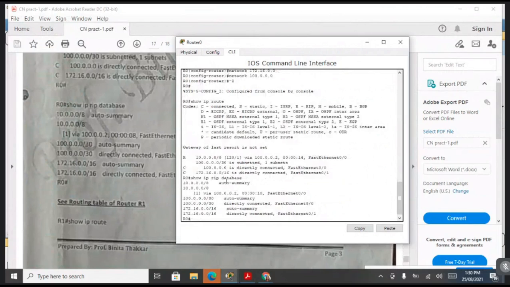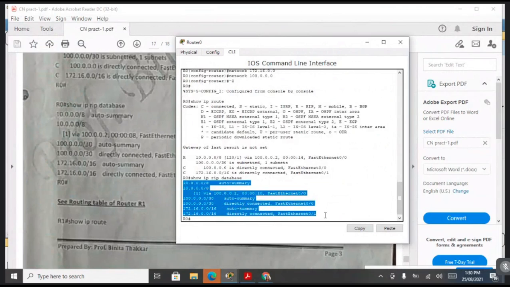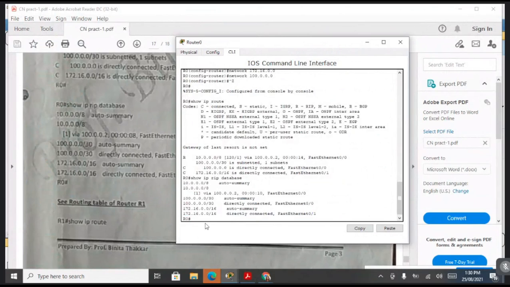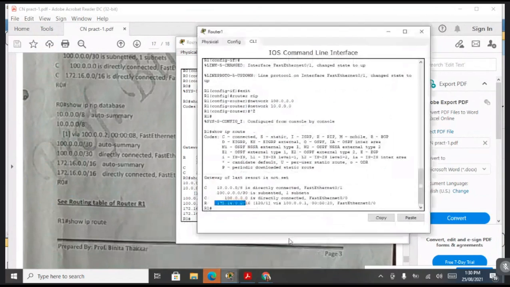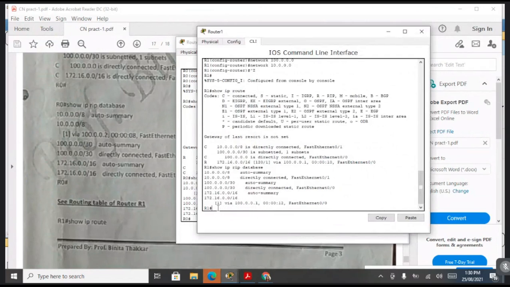So showing me this summary, we'll get all the information, whatever connections there are. The same command you can pass on R1 also. Here, show IP RIP database. Okay, so this is the auto summary for R1.